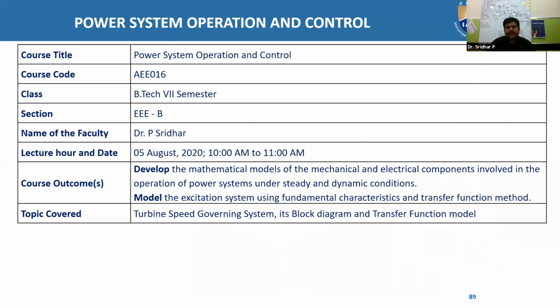In the last class we also discussed that we have two loops. One is a load frequency control loop and the next one is an excitation loop. The load frequency control loop has steam inlet, steam valve, turbine, shaft, generator, then output. From the output it goes to the frequency comparator along with the frequency sensor, and then there is a mechanism we require to open the steam valve by certain amounts and close the steam valve by certain amounts. So you have to encounter many stages in the load frequency control loop. Because of this, the LFC, load frequency control loop, acts slowly.